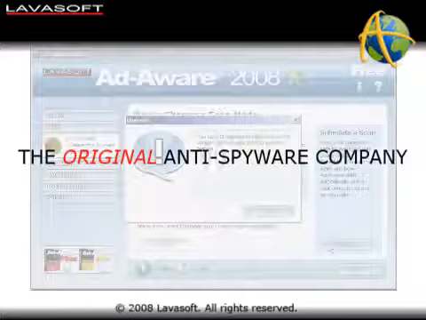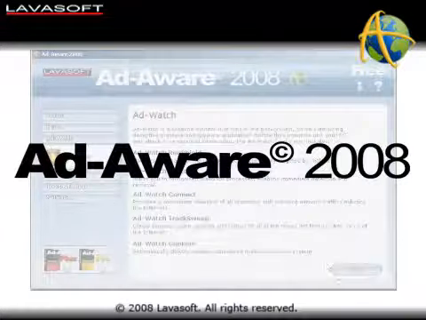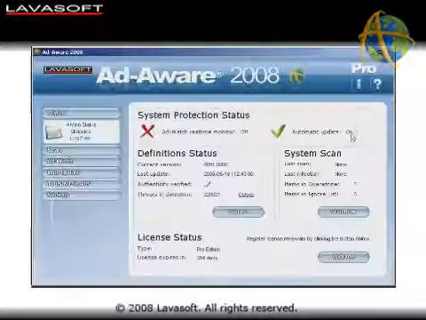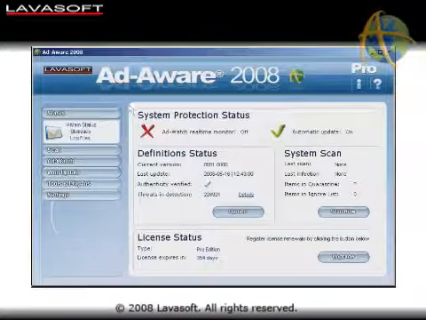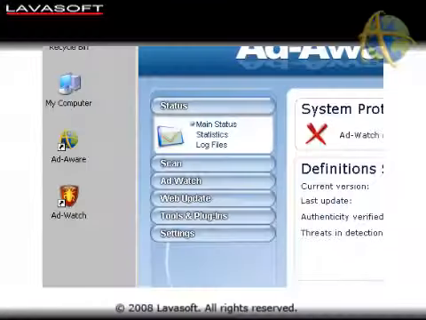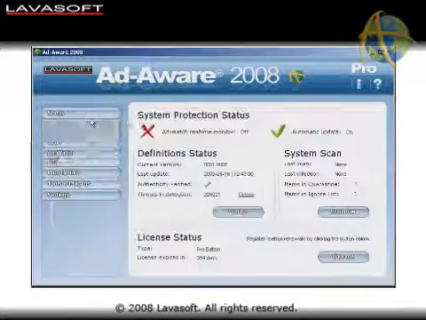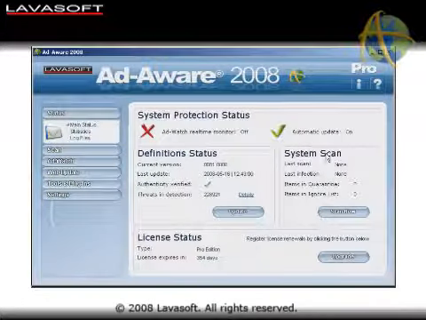We will now have an in-depth look at the anti-spyware features and control possibilities included in the Adware 2008 user interface. The Adware 2008 interface is divided into two main areas. On the left you have the main menu tabs. Here you will find drop-down menus to control and customize Adware 2008. On the right of the interface we have the corresponding window depending on what feature from the left menu you've